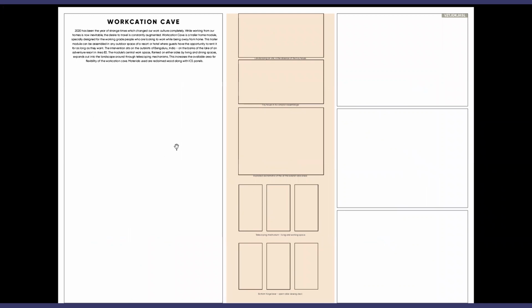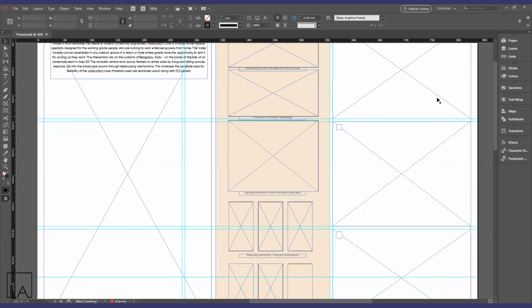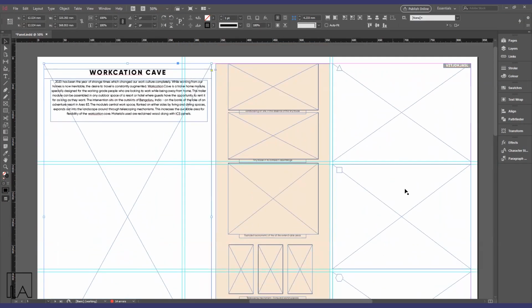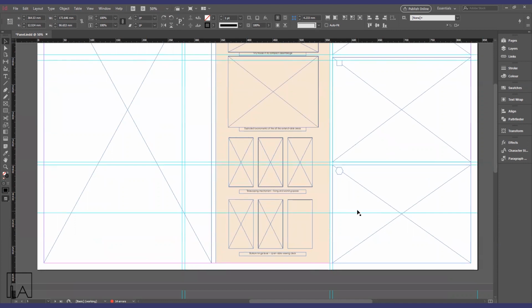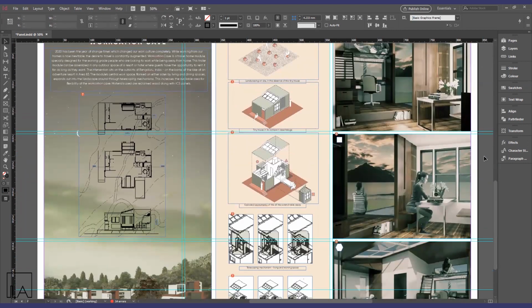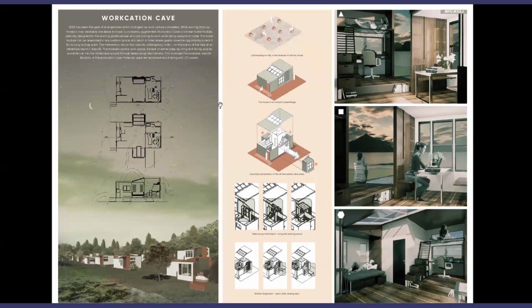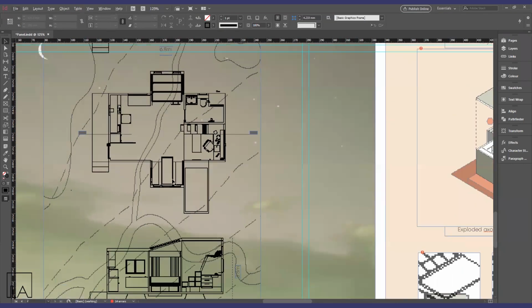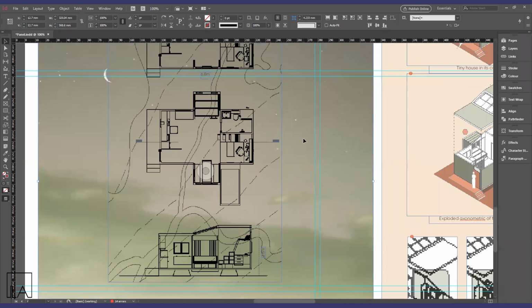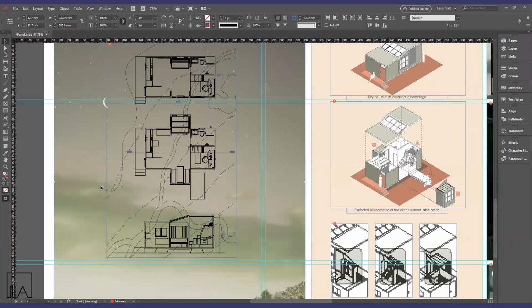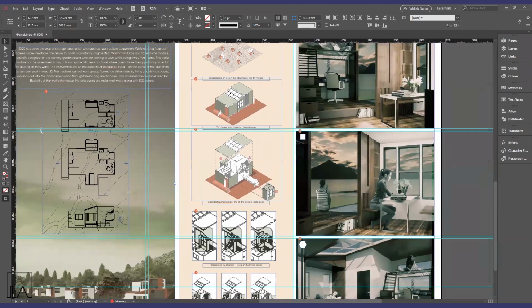Once you're happy with the sizing, then it's always a good idea to bring in your renders or your diagrams for each of these frames to actually see the outcome. So that is what we have done here. And the last bit of it will be to manage the different types of line weights that you'll be using. The way in which you use these line weights is going to become crucial because some of the lines might not be visible on backgrounds of different colors. So make sure you place them in grays or in black or white. Usually that is the one that will give you the best output.